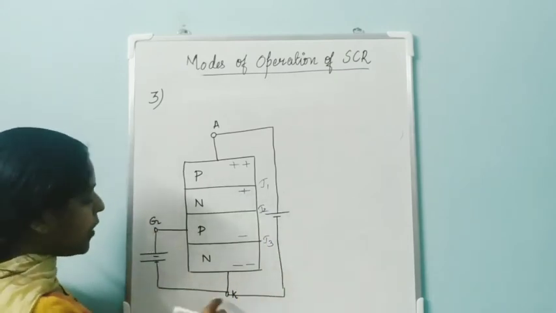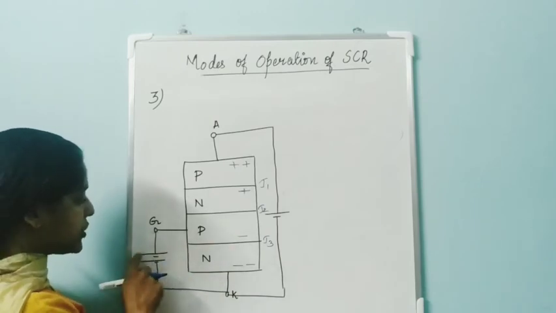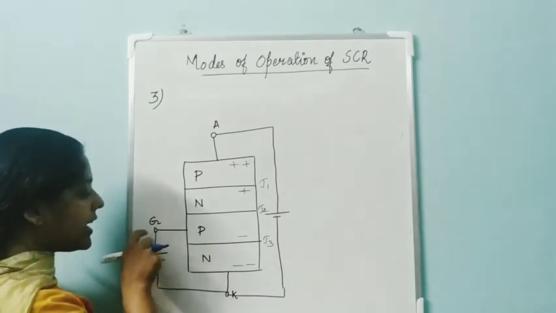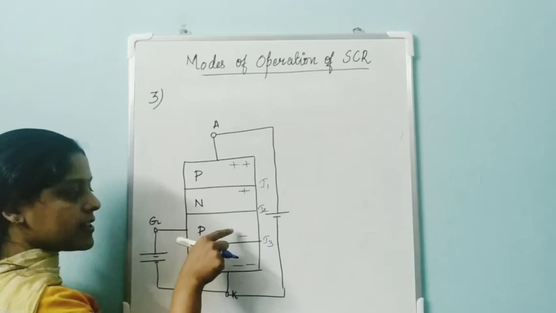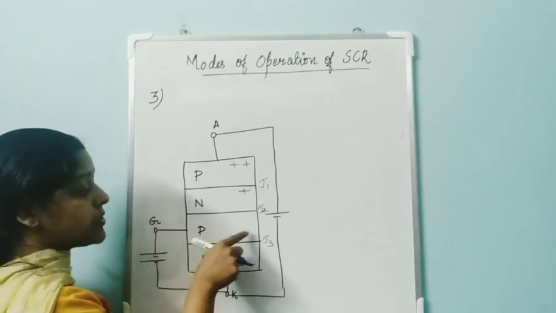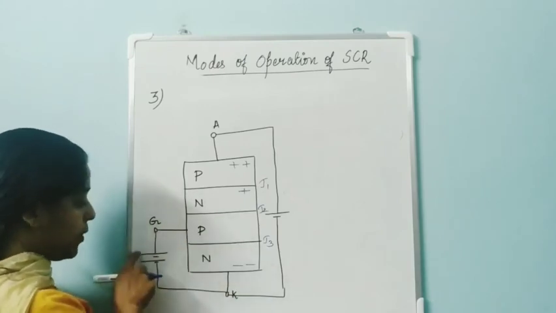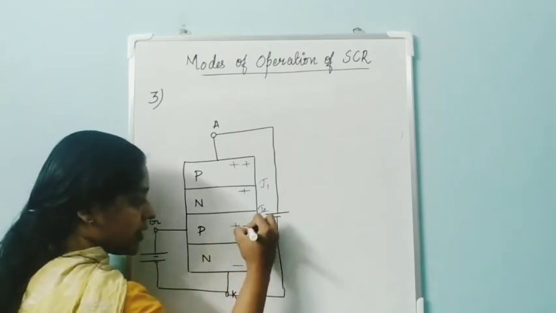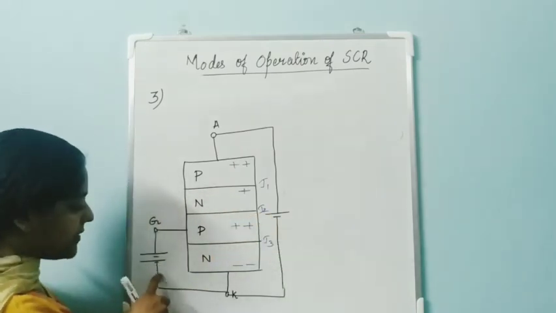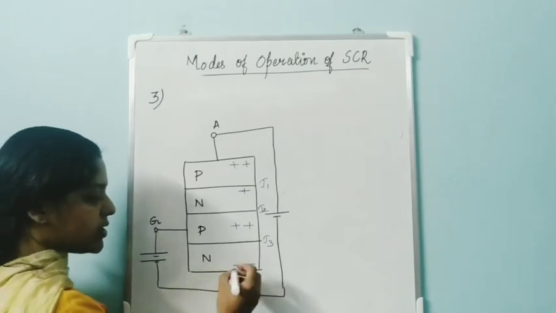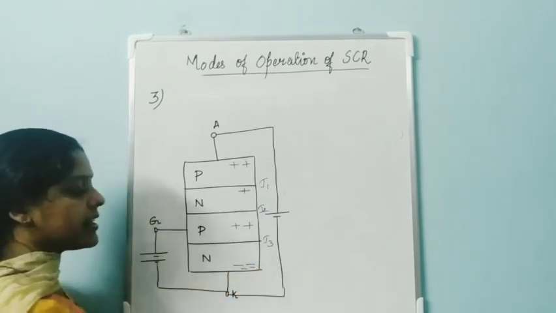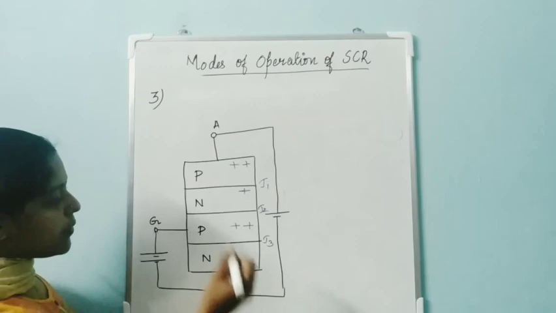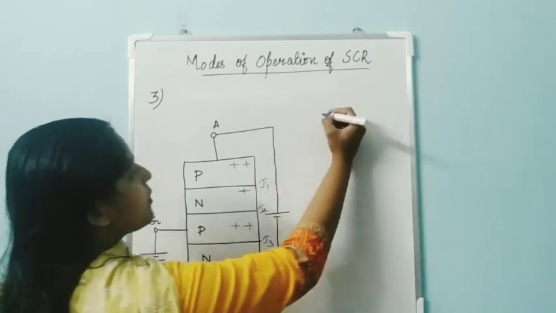Okay. But now here, in addition, directly a positive charge is connected over here. Positive terminal is connected here. So I can say that it is more positive actually. And the negative is connected to the same region. So I can say that it would be much more negative. Isn't it? Now, let's analyze every junction. What about junction J1?